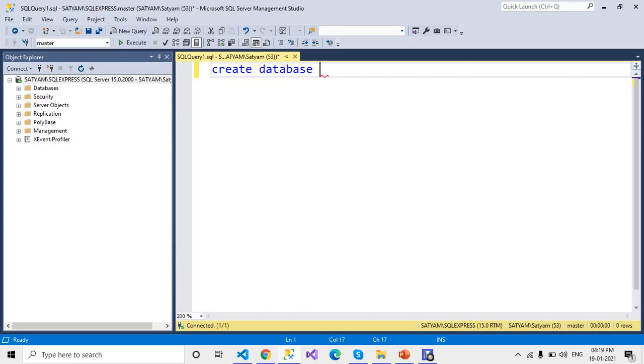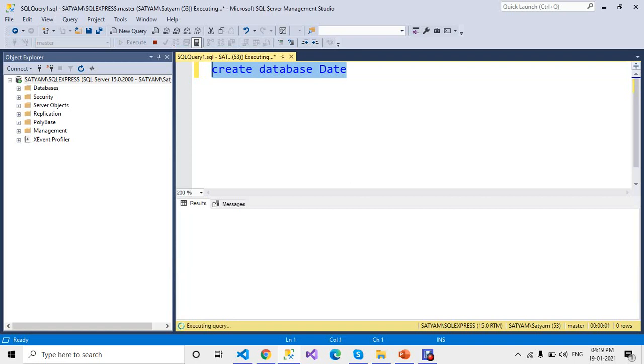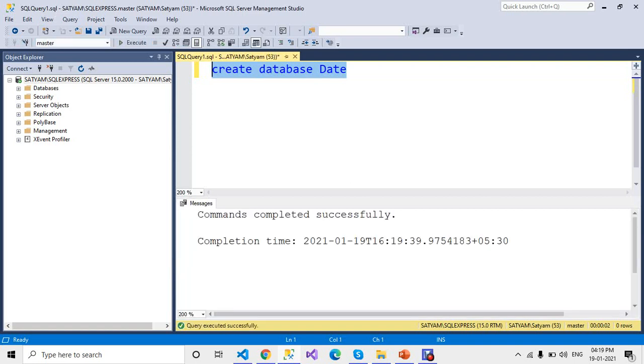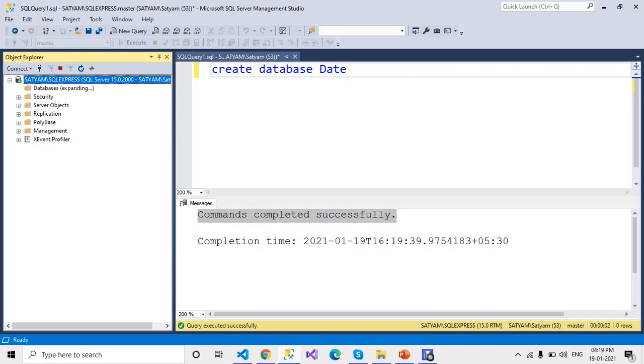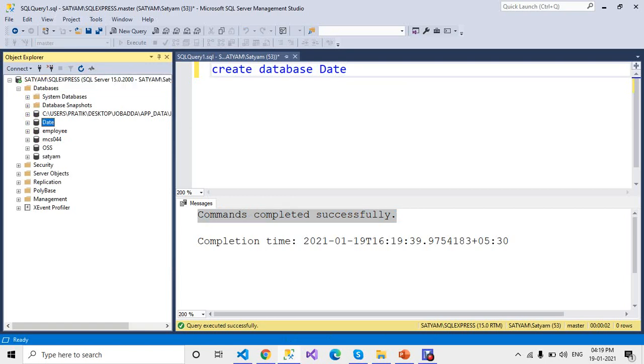Let's say date. Just select this and press F5. You can see the commands completed successfully, and when you click on the left side, it shows the new database created, that is date.